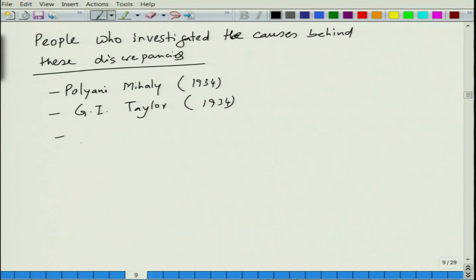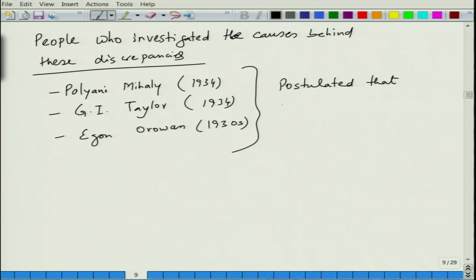And then Egon Orowan, again in roughly 1934, the 1930s. So, these three gentlemen basically postulated